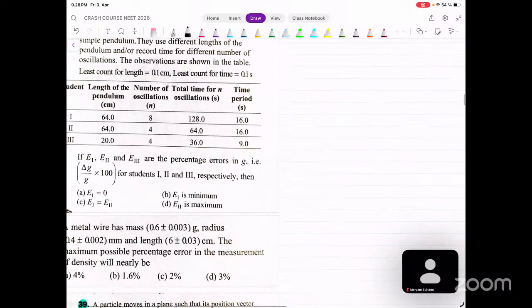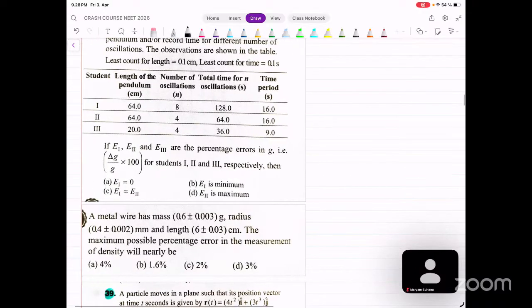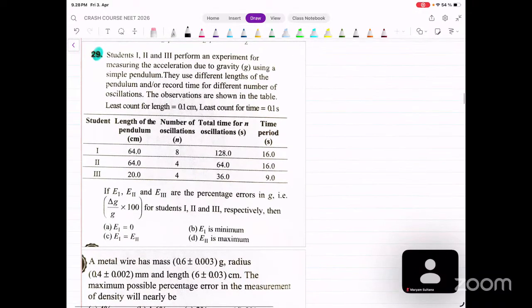Question number 29. No, this is important. The 29th one is the model to do. Student 1, 2 and 3 perform the experiment for measuring the acceleration due to gravity using a simple pendulum. They use different lengths of the pendulums and record time for different numbers of oscillations. The observations are shown in the table. Least count for the length is given as 0.1 centimeter and least count for the time is given as 0.1 second. If E1, E2, E3 are the percentage errors in the G, that is delta G by G into 100 for student 1, 2 and 3 respectively,